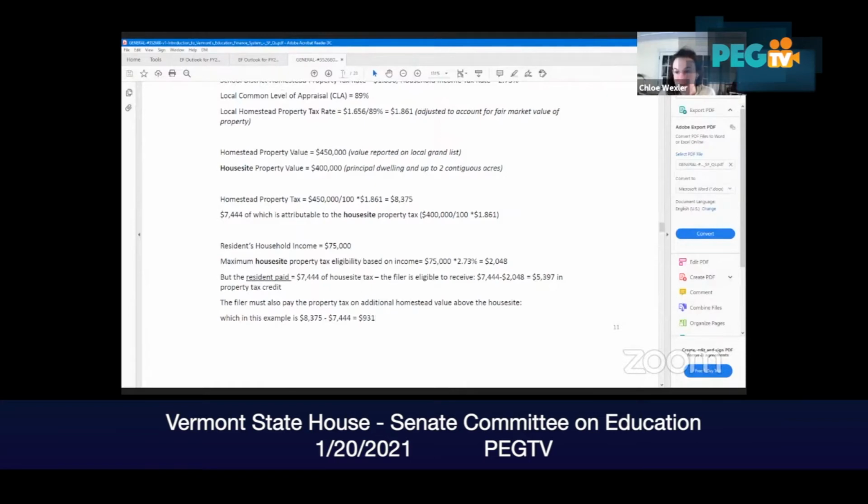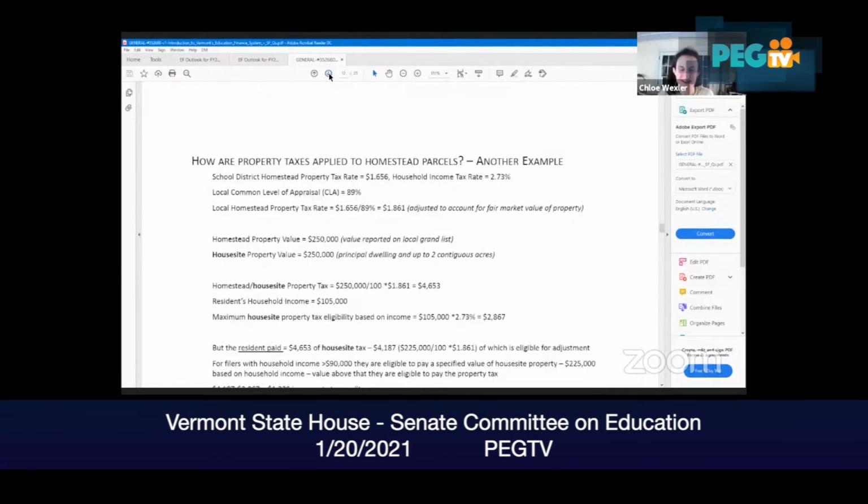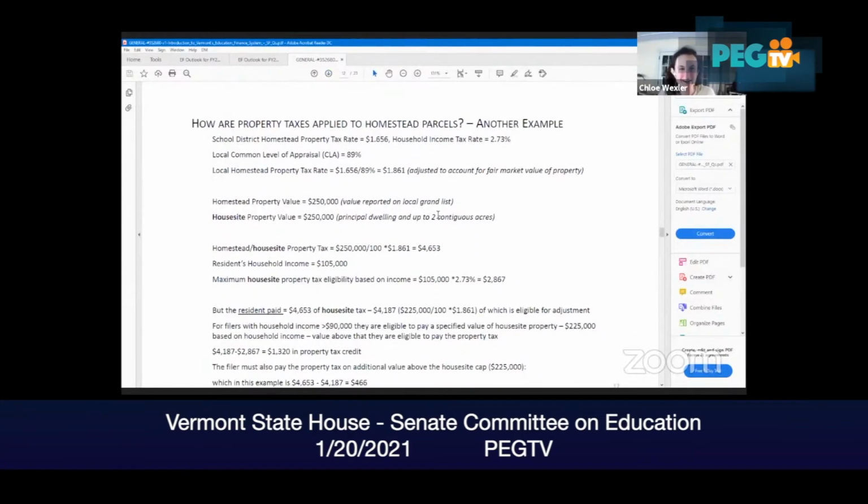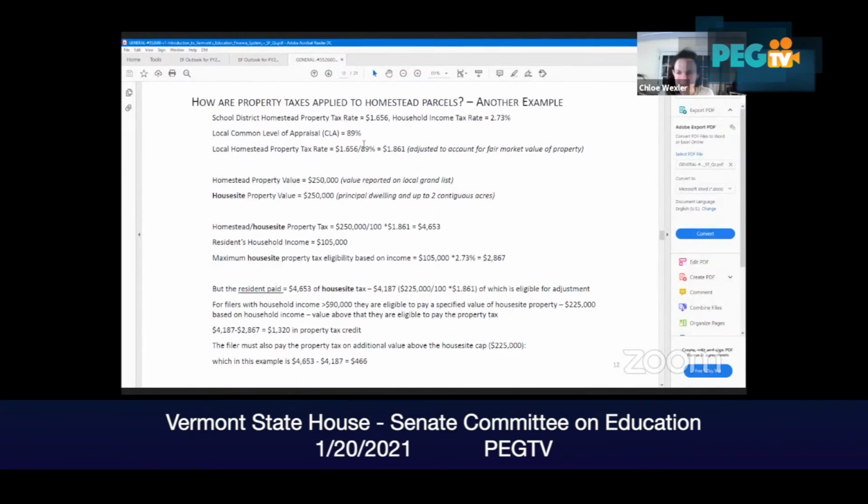Okay, so we're going to do another example just to really go for it. Same tax rates. This time we're looking at a homestead property value of $250,000 and a house site property value of $250,000. So this filer doesn't have any additional acreage. The homestead and the house site property tax are then the same for this example, and it's